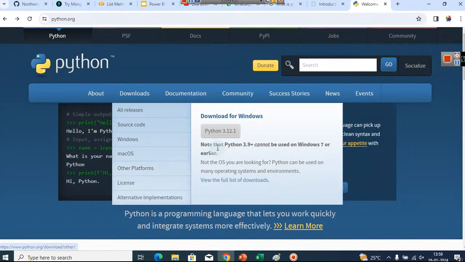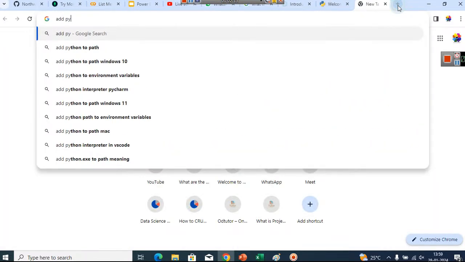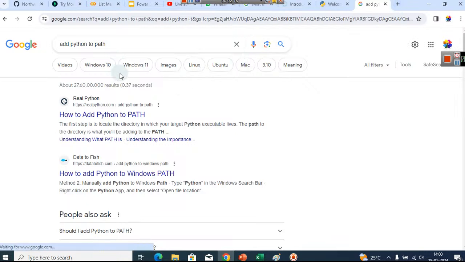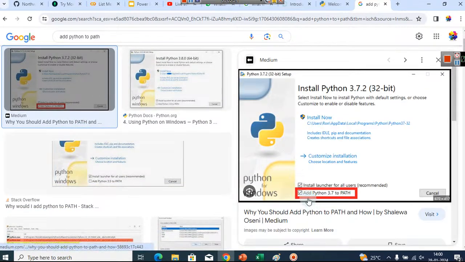Now we have already selected this particular download. It is a very simple download process, but remember, when it says add Python to path, at the time of installation, make sure that this particular option is checked.